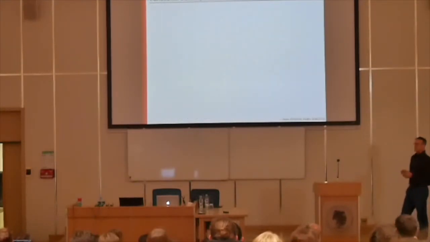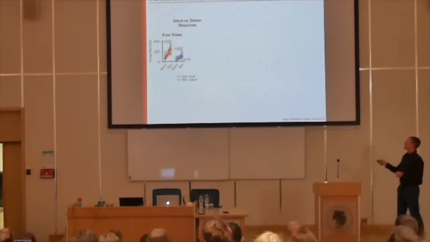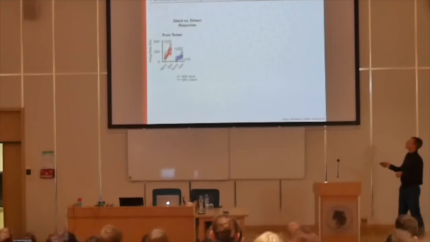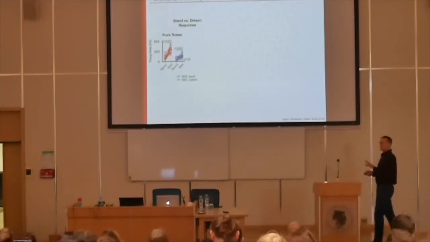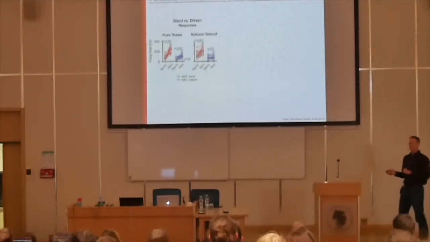Now, what are the functional consequences of this? So first of all, if you look at the rates, the simple way of measuring this, for pure tones, then you see that the difference in the rate on the presynaptic side is quite substantial. On the postsynaptic side, it's still significant, but it's been much reduced. If you look at the same thing for natural stimuli, now here's something interesting.